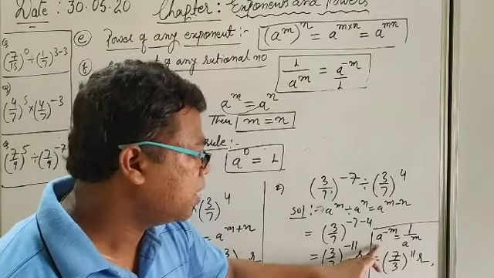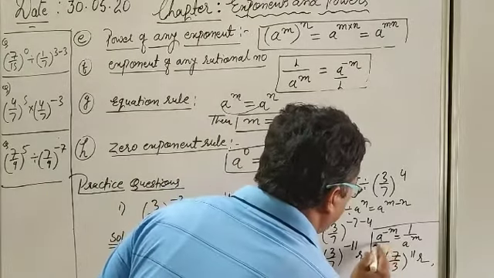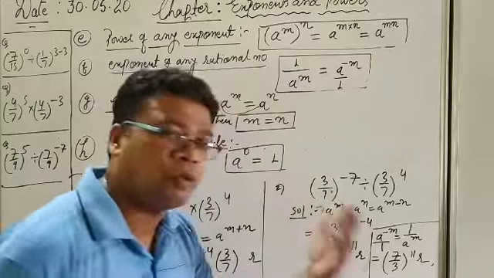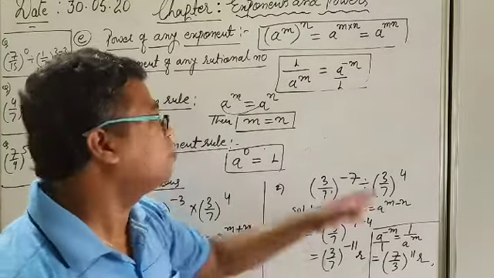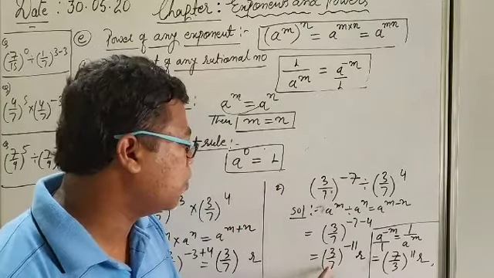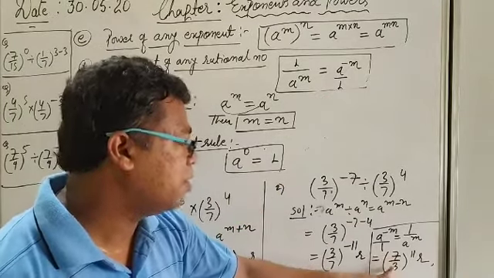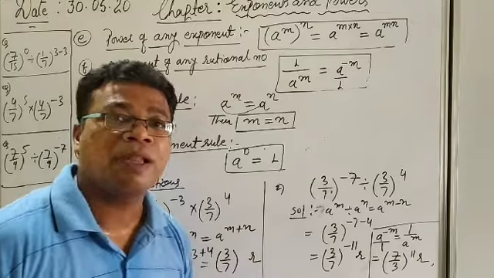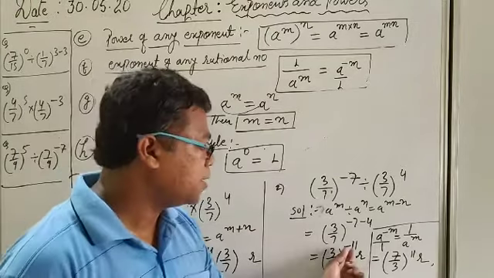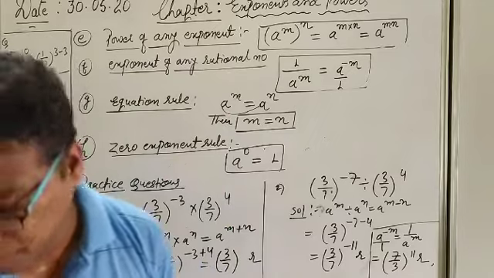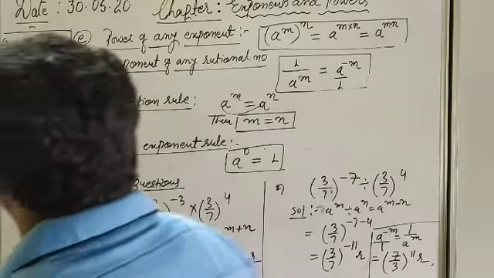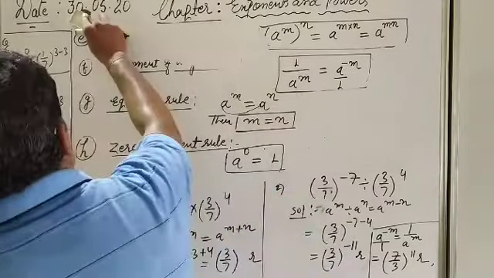Means a upon 1 is there. A means what? A upon 1. So directly we have to convert it into the reciprocal form. 1 upon a we have to do. I have showed you in the another example also. So 3 upon 7, what we will do directly? 7 upon 3. We will take the reciprocal, and by taking the reciprocal, that negative exponent is converted into the positive form. Right now I am going to rub the board and we will solve some more questions.